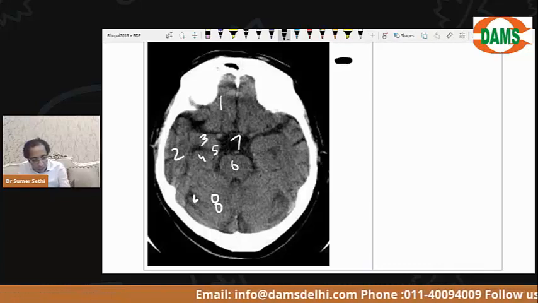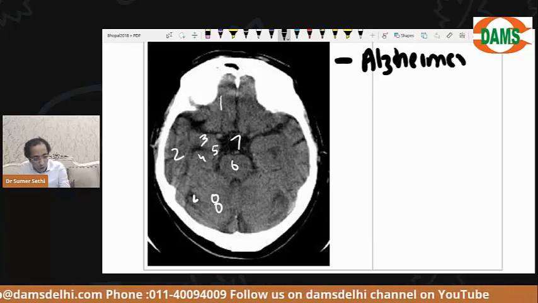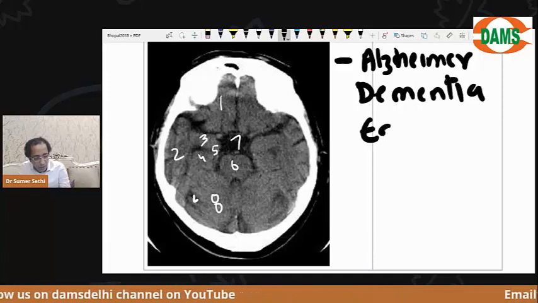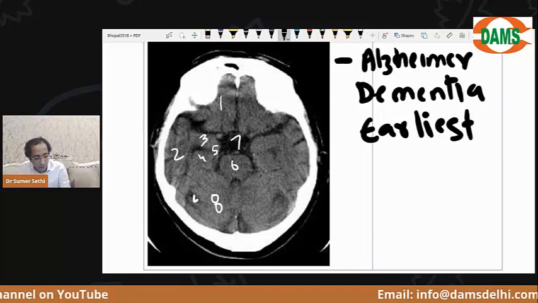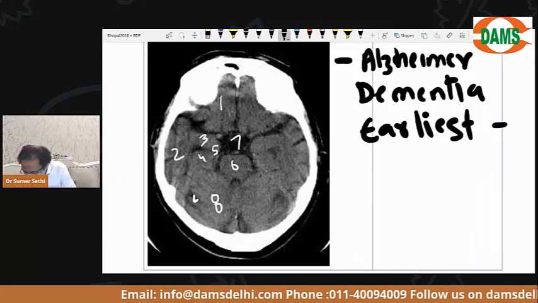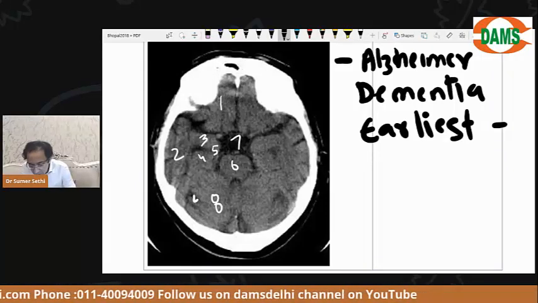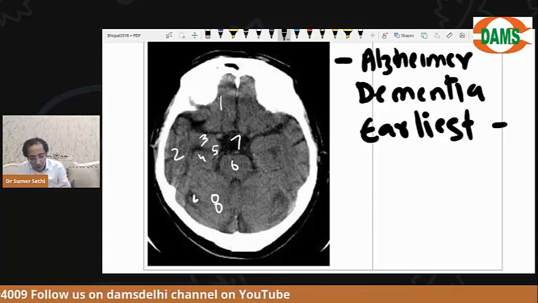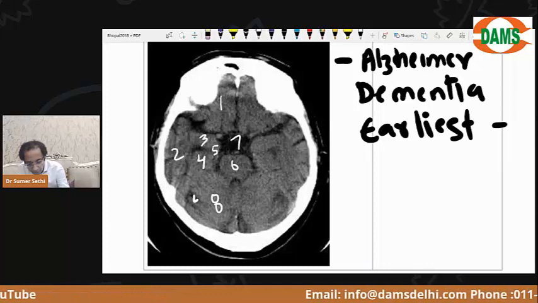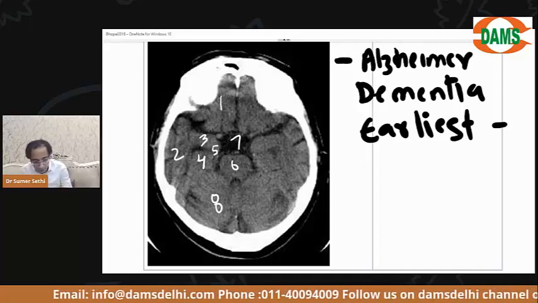Okay. Look at the image and say, out of the CT image shown to you, where will you look for changes of Alzheimer's dementia earliest? Okay. Out of the CT image shown to you, where will you look for changes of Alzheimer's dementia earliest? Okay, everybody. So we all know by now, Alzheimer's dementia begins with